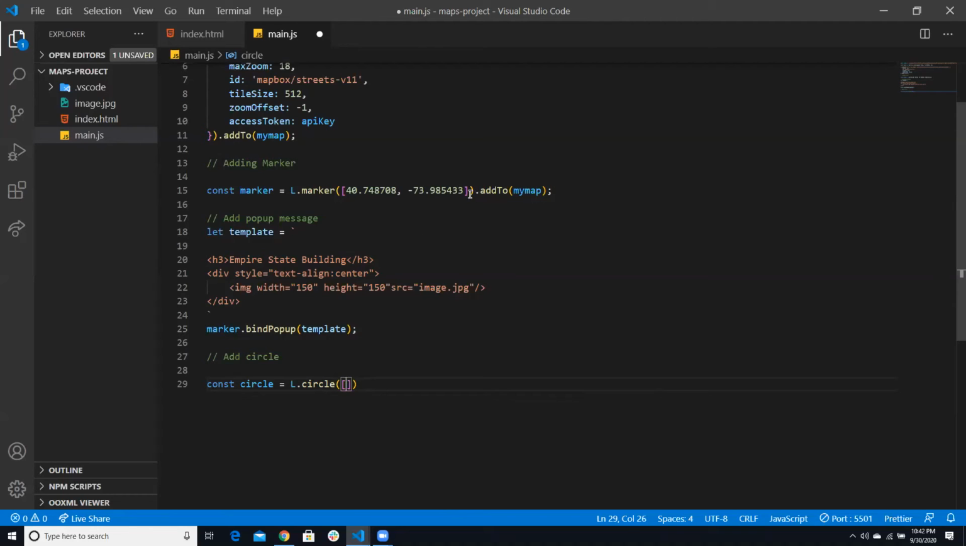And I want to add the circle to the same center point of my marker, which in that case is going to be around the Empire State. So I'm going to copy this. I'm going to add it here. But also you need to pass configurations as a second argument to this circle. And the configuration, you pass it as an object. So the configuration that I want to pass is radius 500 meter. If I take a look,